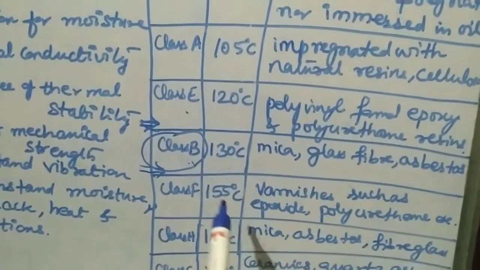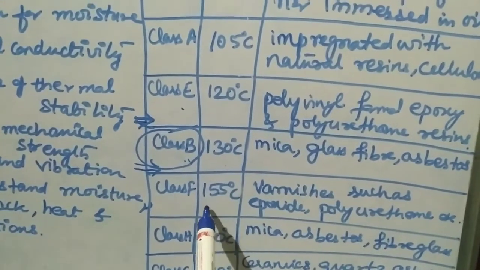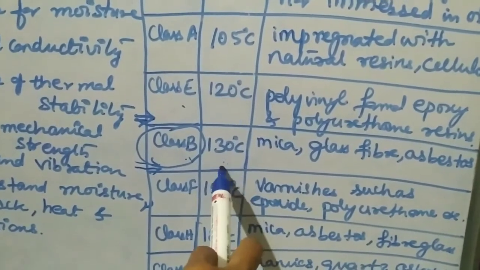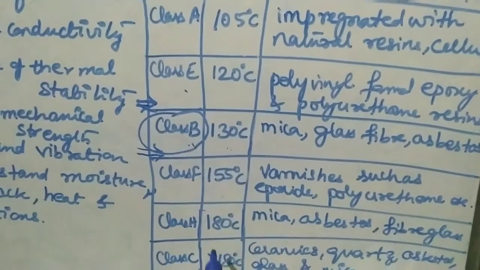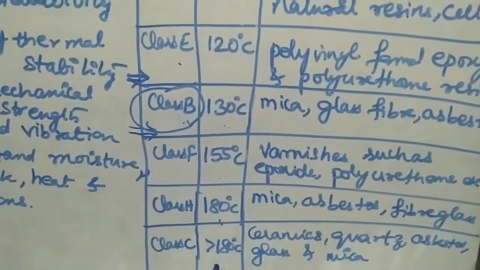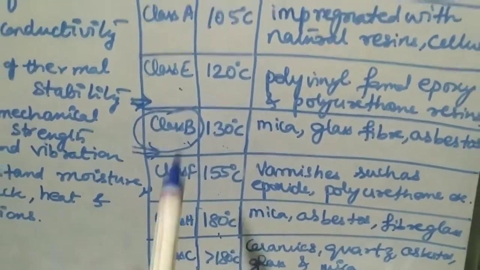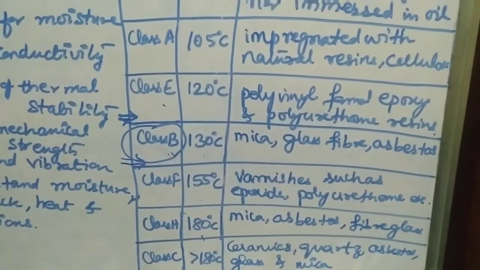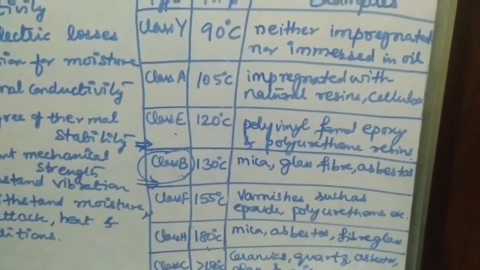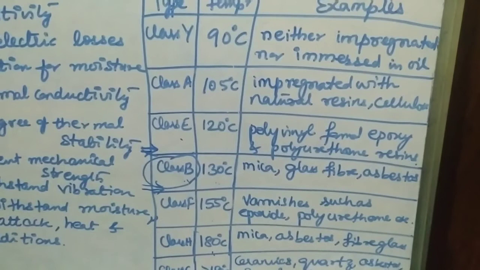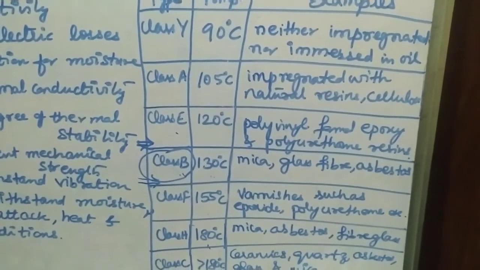Okay, fine. So like that when you keep going with 25 plus 25, it will be 155, 155 plus 25, 180 degrees. And the last one you would already have written. This is the easiest technique by which you can remember the temperature. Next, coming to the examples, it is also very easy.